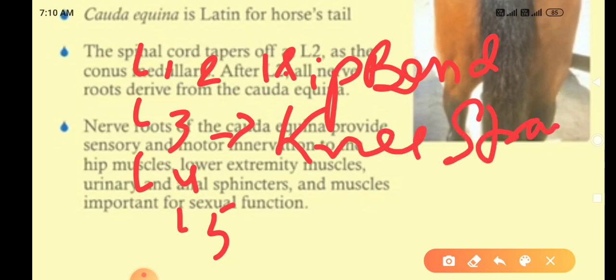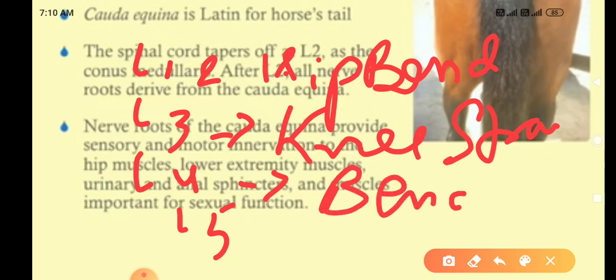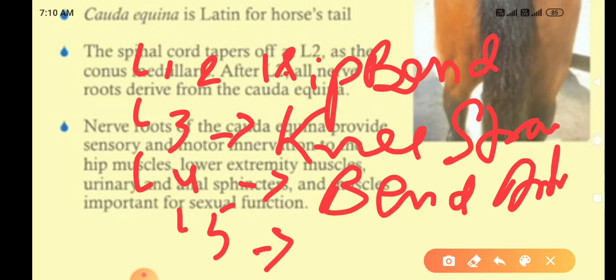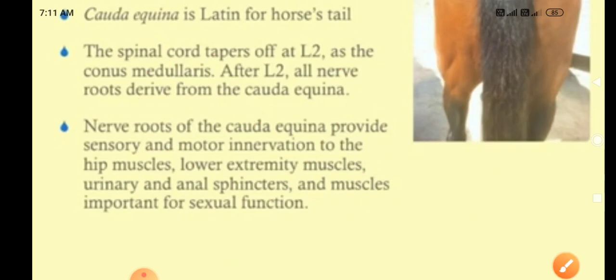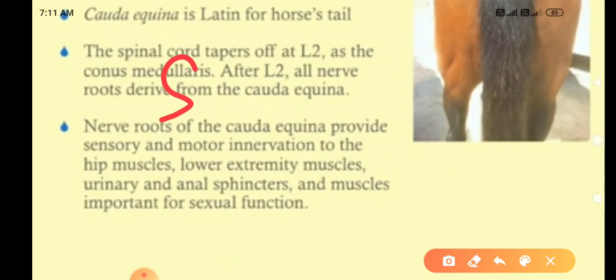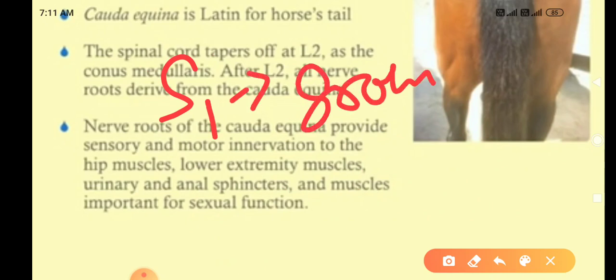Lumbar 4 is responsible for bending the ankle, and lumbar 5 is responsible for toe extension. Okay. So those are the lumbar functions. And sacrum S1 is responsible for the groin and back of the hip,